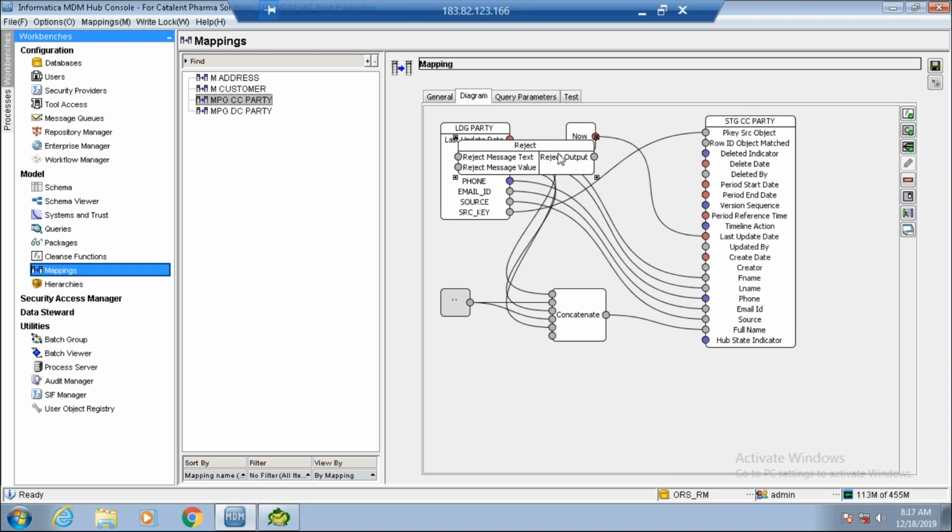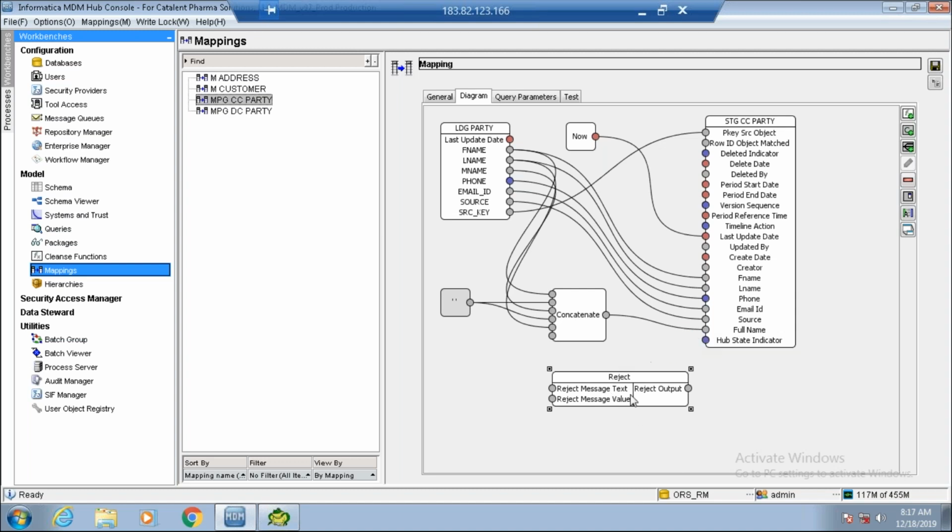I'll show you this one particular thing in another mapping maybe. We will see that it will throw an error for that particular input value. That's it. There is nothing much to understand. So I'll send input, and I'll send another message also as an input, and the output will be an error saying that input value is CC. That will be the reason for your rejection.